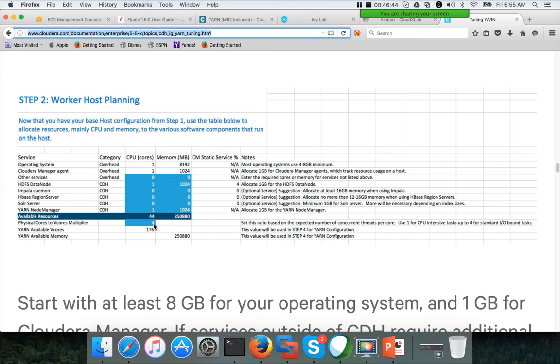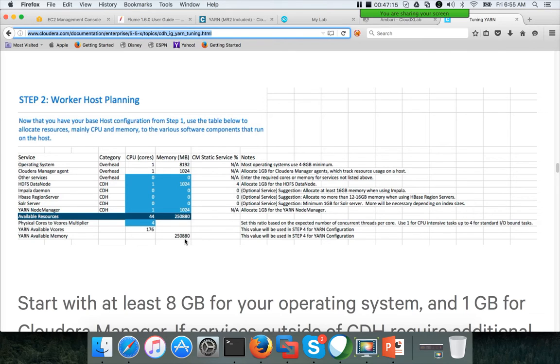So 44 into 4 is 176. We can configure 176 virtual cores for each host, and we have 10 hosts. So our overall cluster will have 1760 cores, and we have 245 GB RAM on each host, with 10 hosts, so around 2.45 terabytes memory and 1760 cores for our cluster to be set up.